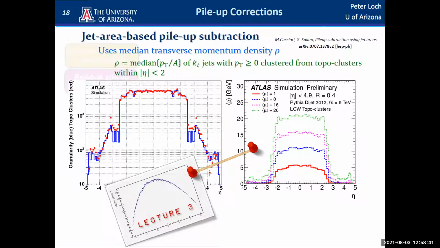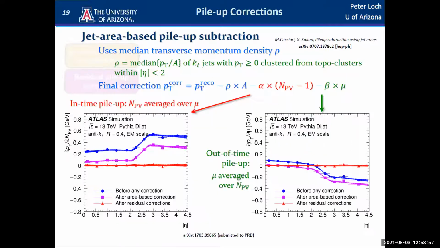There's a hard cut at 2.5, and this makes the rho measurement in the forward region really hard, or actually impossible. The median concept shifts a lot of the values to 0 in many events. So we had to do something else. So what we do is